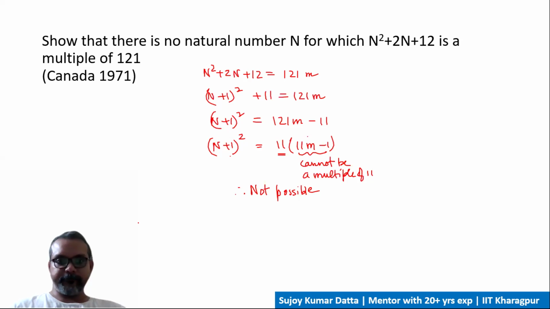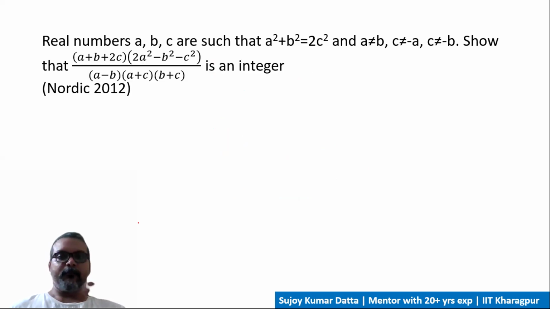Right, let's move on. Now here they have said that a, b, c are real numbers such that we have to show that this fraction here will become an integer. Means you can basically simplify and you will get a whole number on top. So simplifying what we have is